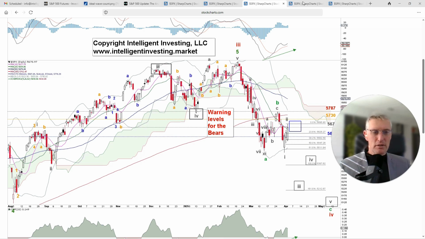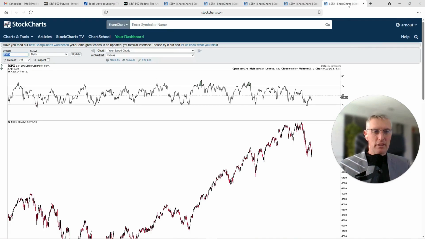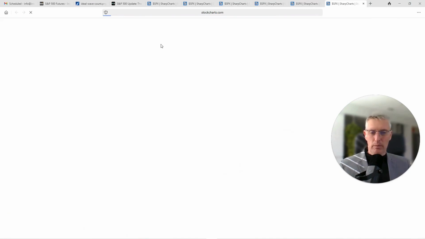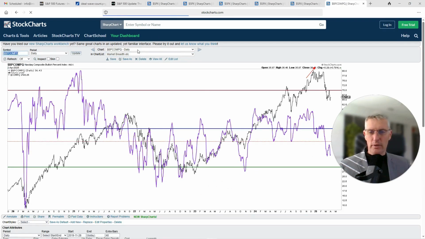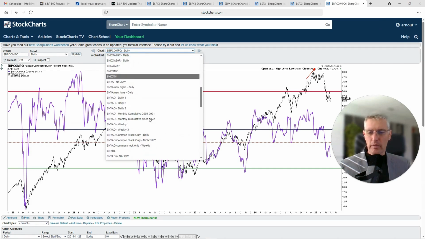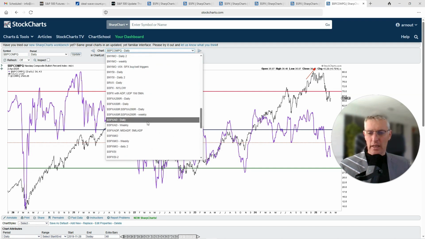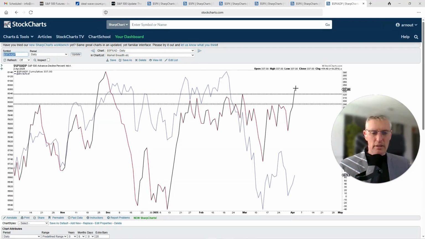There are a few things in the charts. For example, if I would look at the AD line, that really makes me wonder, like, wow, there is some internal strength going on here, all right? If we look at the AD line for the S&P 500, you would say, interesting. Look at that. This is the highest reading we've had since pretty much the decline started in February. So that's quite interesting. Internally, the market is really improving. So that's really making me wonder, is the market weak enough to completely negate this breakout?